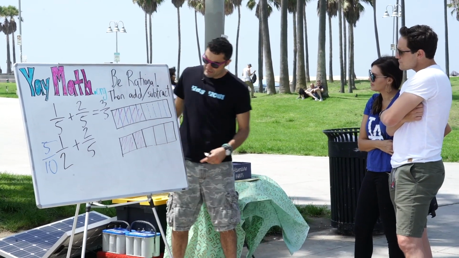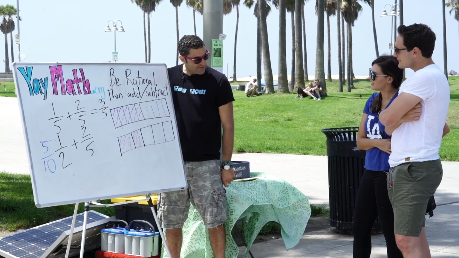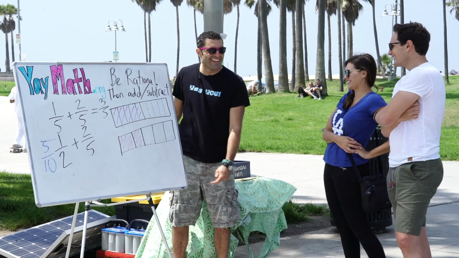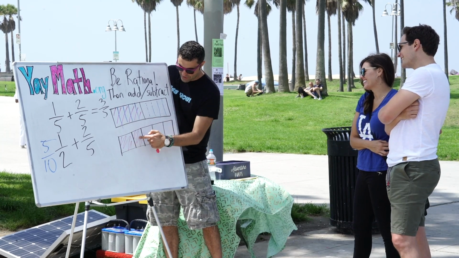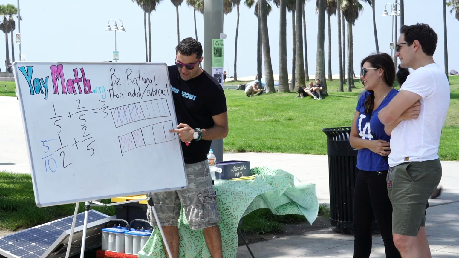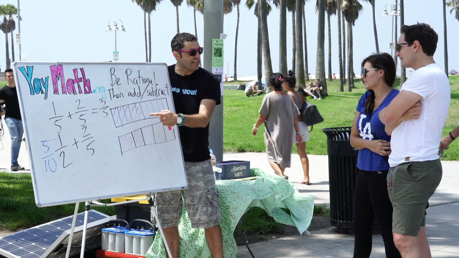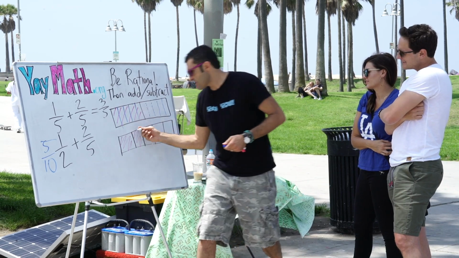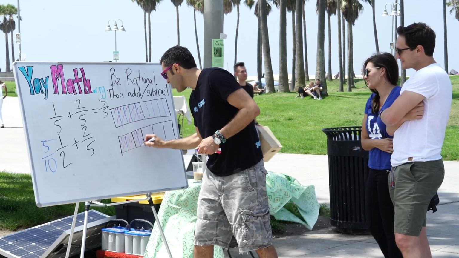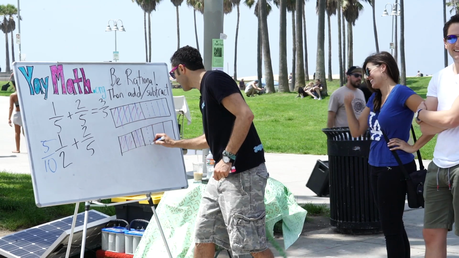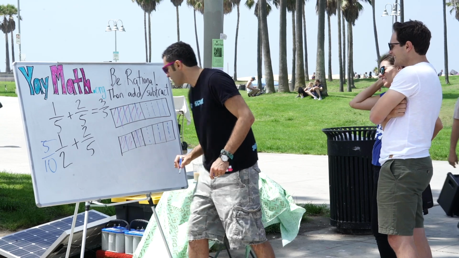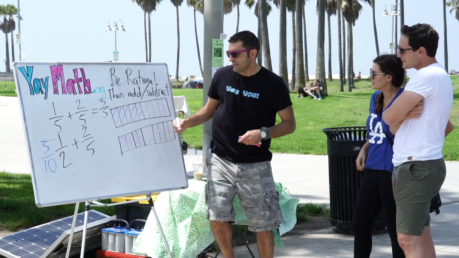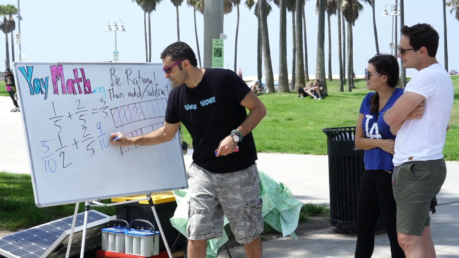All right, and this is a little difficult question. LJ, this one's yours. So if you have 1, 2, 3, 4, 5 blocks, and you want to turn them into 10, each cuts how many times? In half. That's right. Well done. So we're going to cut these in half. Chop, chop, and then cut those as well. How many tenths are there? 4. Well done. So that's 4/10.